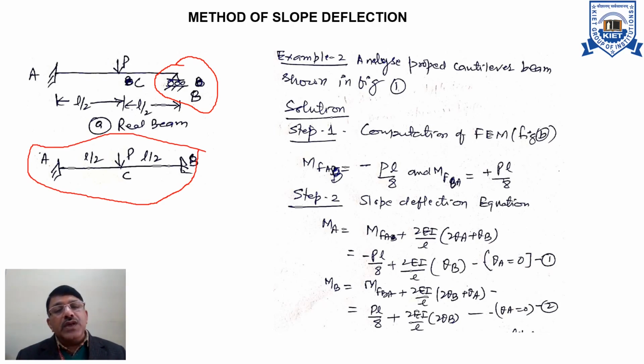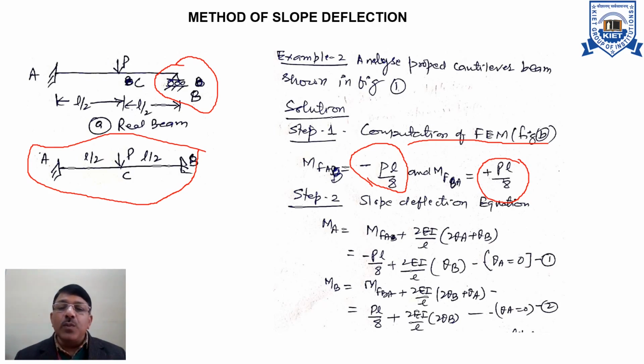Alright, then the first step is what? To find out the fixed end moment due to the loads applied upon the structure. As we have discussed in previous lectures, this is the case when the point load is acting at midspan of the fixed beam. Then the fixed end moment at A is hogging in nature, and that is minus PL upon 8, and at B it is plus PL upon 8. Since in the problem it is not mentioned that there is any settlement of any support, we will ignore the M3.